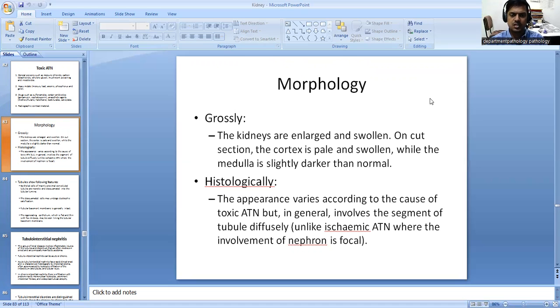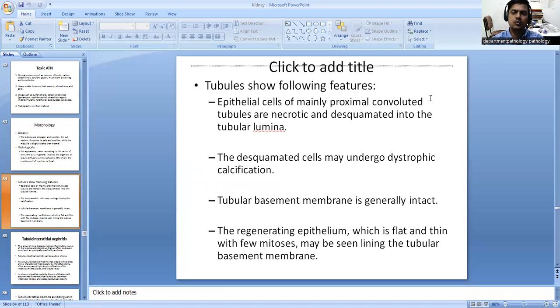Morphology: grossly the kidneys are enlarged and swollen. On cut section, the cortex is pale and swollen, while the medulla is slightly darker than normal. Histologically, the appearance varies according to the cause of the toxic agent, but in general involves the segment of tubule diffusely, unlike ischemic ATI, where the involvement of the nephron is focal. Tubules show the following features: